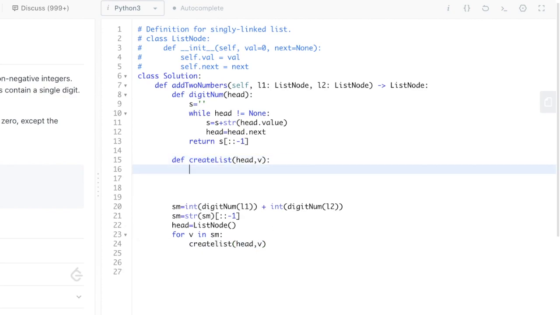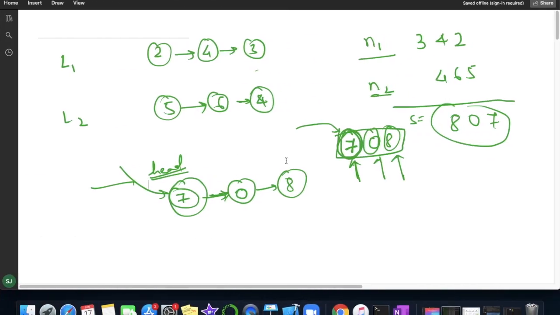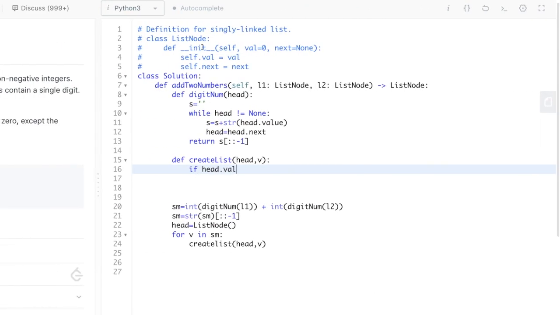Now let us write here the logic for creation of node. Now we will simply check if my head is having value head.val. You can see here we have created the very first node. This is my head node, which have two parts, one is value part and another is the next pointer part. So initially when we have created this one, you can see here the value is 0 and next is none.